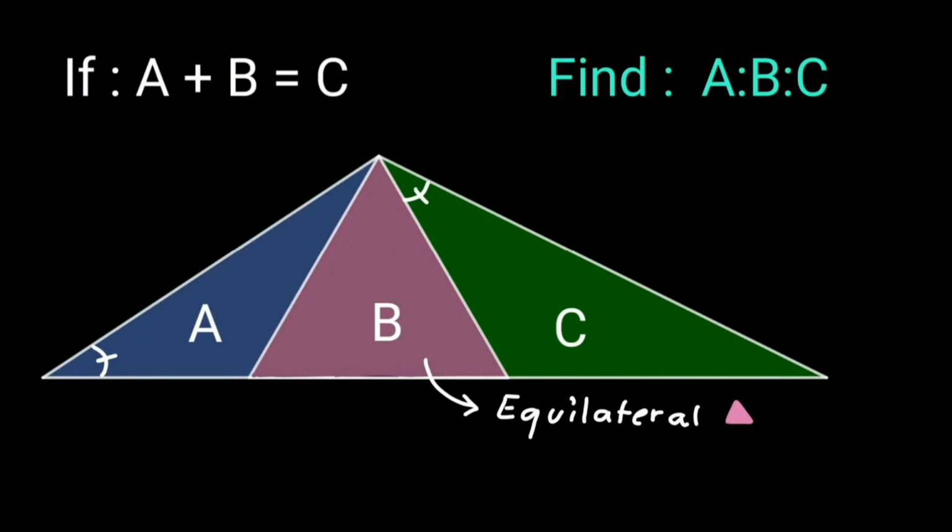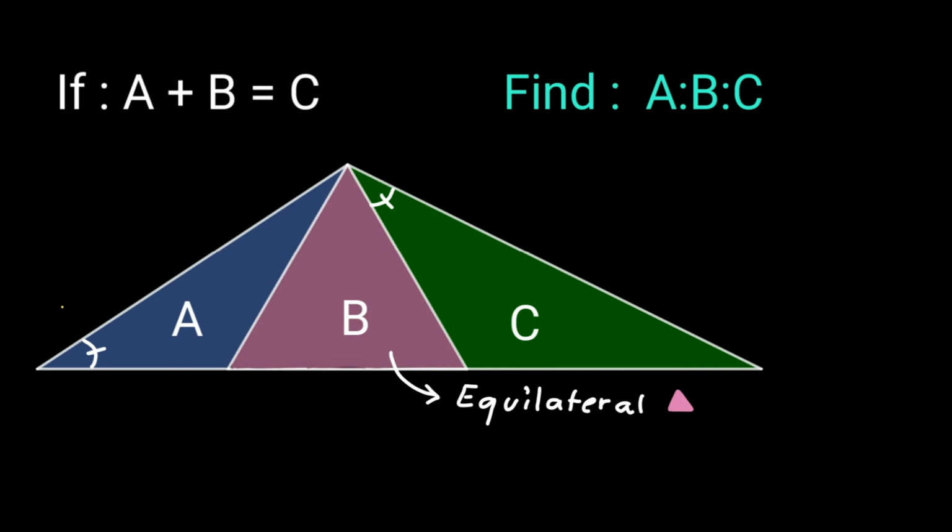So today we have an interesting geometrical problem. The diagram is on the screen with all the given details. Now the question over here is to find the ratio of A, B and C. So this is Anmol Mishra and now let us see the solution. How can we solve this problem?